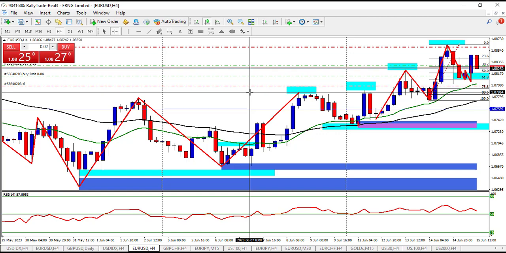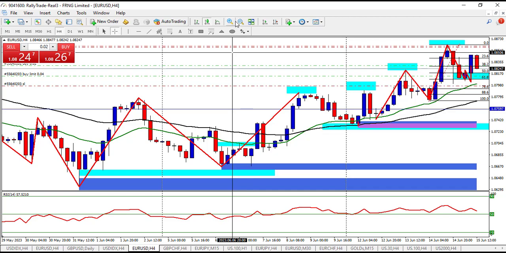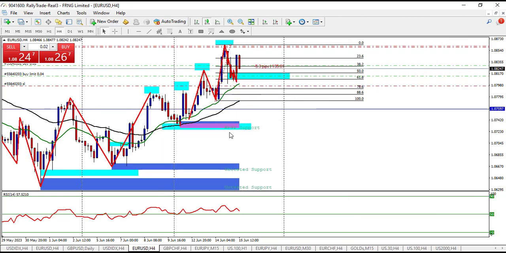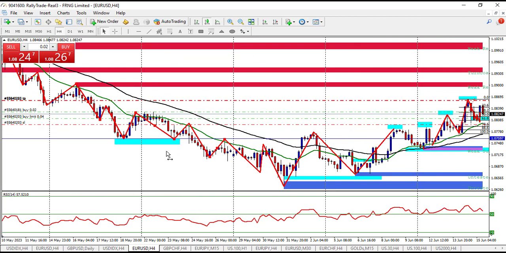Remember, from this thing I've been teaching now, all of these boxes, what do you think they are called? Targeted liquidity. Because even when the market was here, it was targeting this one, it took it out. When the market was here, it was targeting this one. That's why it keeps going up. So from what I've shown you, we have successfully shifted, right? From a downward move to an upward move. You see this understanding of the market, that's what brings the profit.